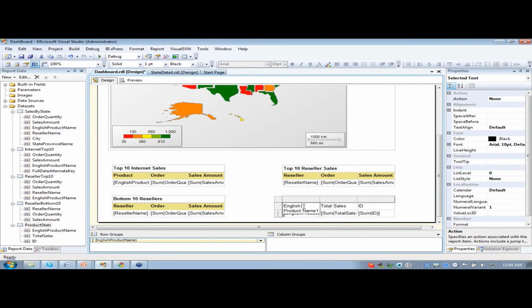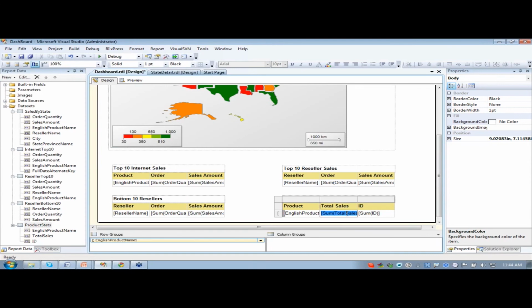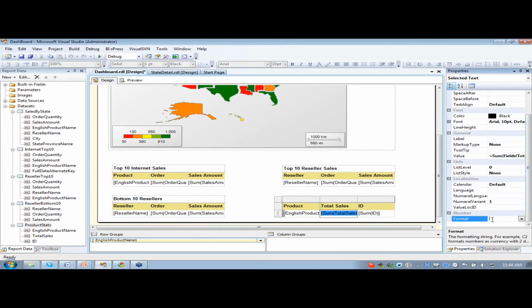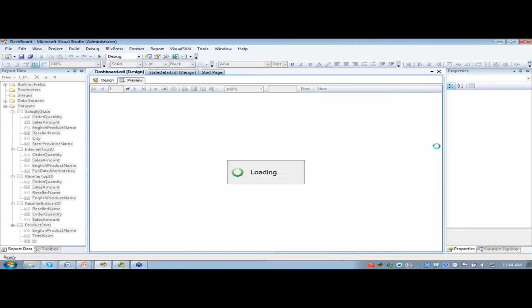All right, so now let me just clean this up a bit. We'll just call it product instead of English product name 1. Total sales is fine, and ID is fine. Bold all of these, and as for the background color, make it uniform to everything else. We'll also format our total sales. All right, so if we were to preview this with all the stuff that we've added now,